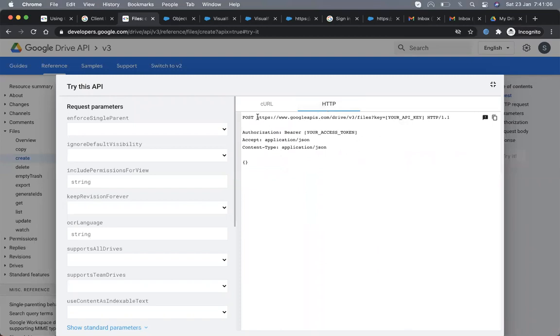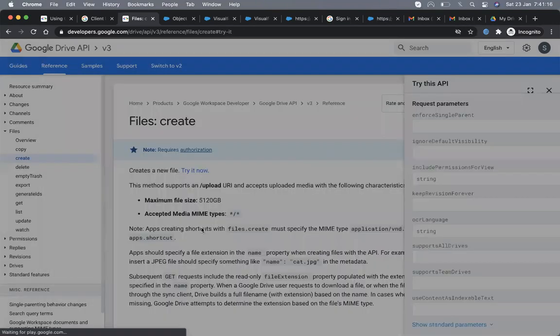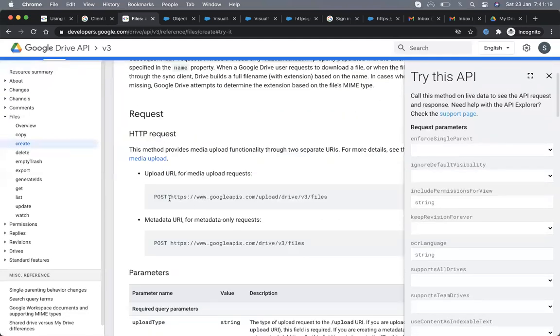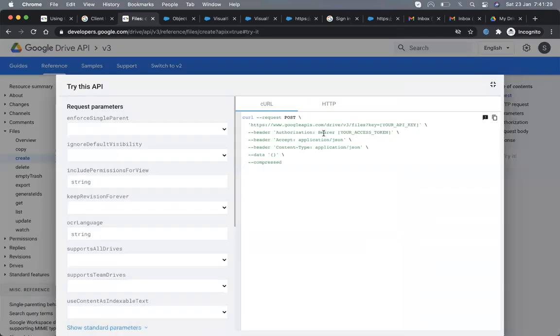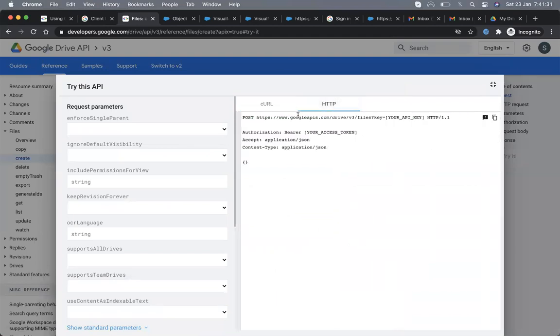We need to make a POST request on this with a key and authorization. Getting a file and creating a file have the same URL. How is this possible? Okay, only the method is changing. We are doing POST now, and at that time we were using GET. Okay, that's right.